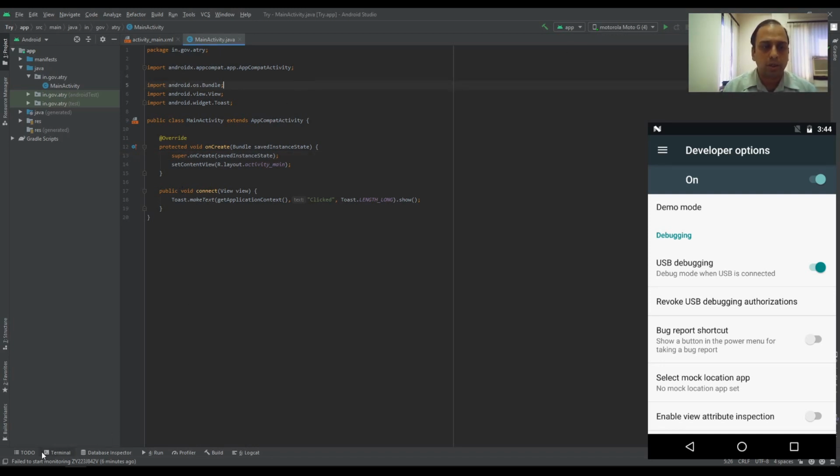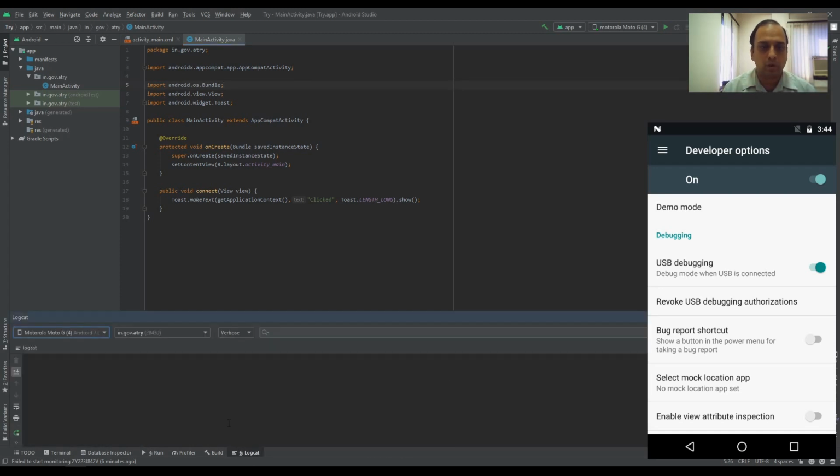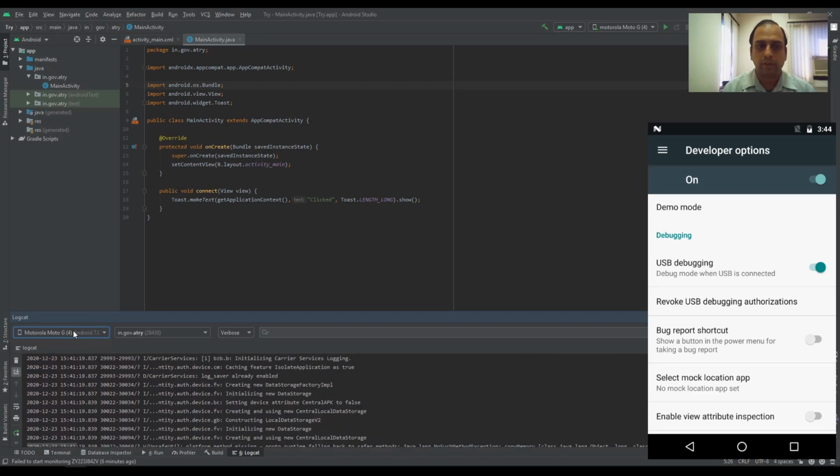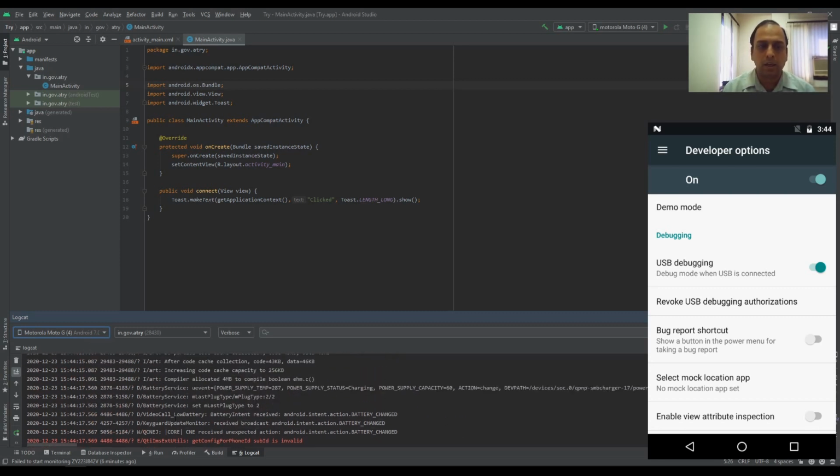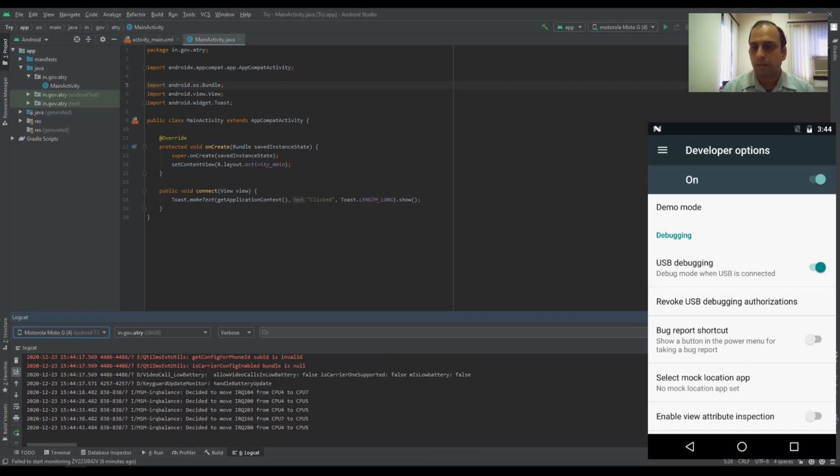If you go to logcat, in the bottom left corner, you should be able to see the device in the drop down here, and some sort of log should start, because by default, if no application is selected, every application will be throwing something on the log, and that log will be visible in your logcat.